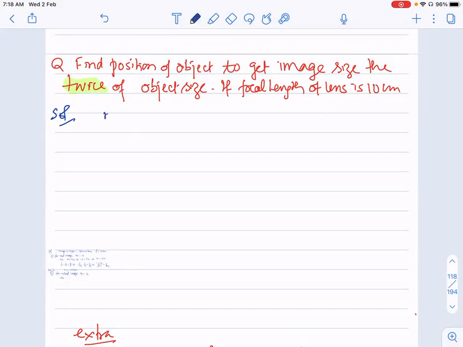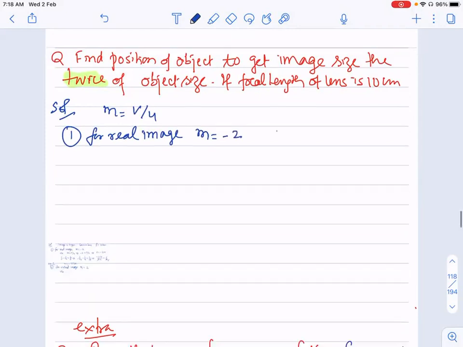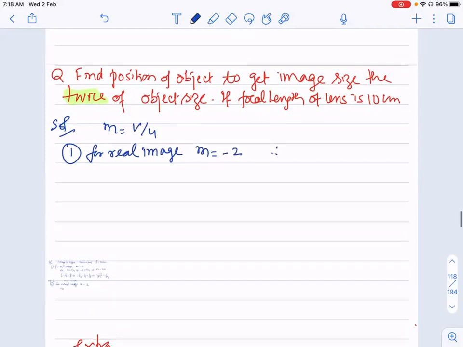So m is equal to v by u. There are two locations for a real image. m will be minus 2. Therefore, minus 2 is equal to v by u. v is minus 2u. Using the lens formula,